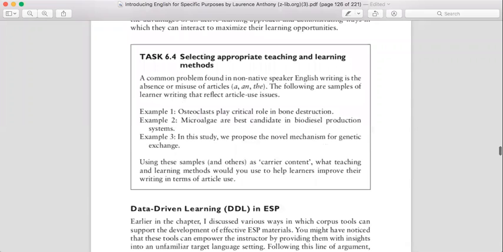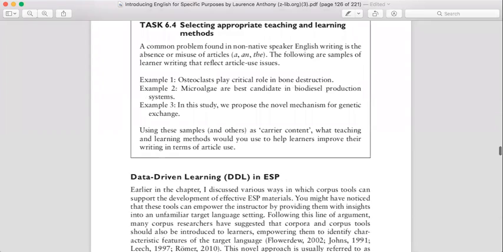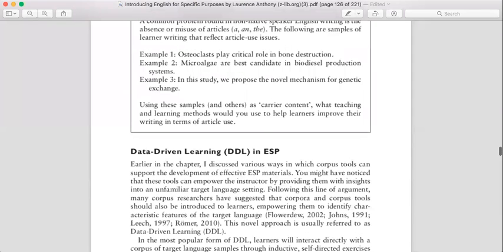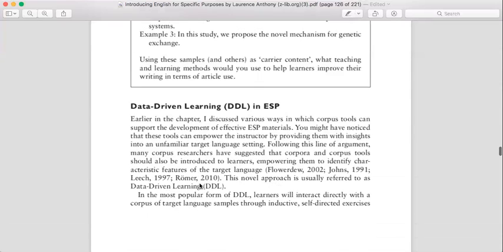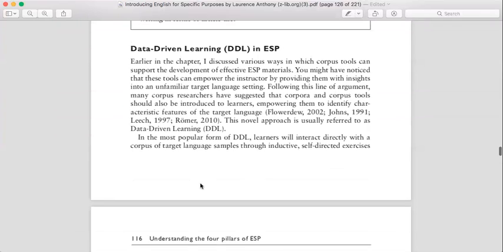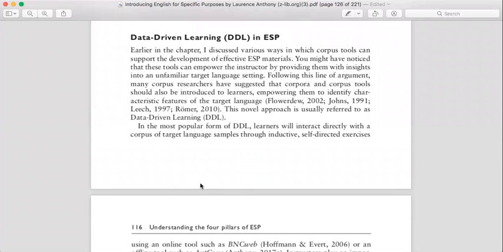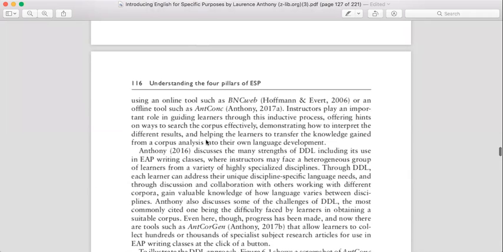Now coming to, we would read it later on. Once we are done, then you will have a better understanding of these tasks. Right now we are doing data driven learning, DDL. Now this data driven learning is similar to using technology, especially the softwares. Okay, you may find the names of the softwares here that we have already